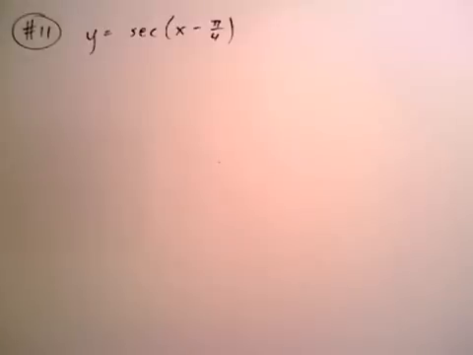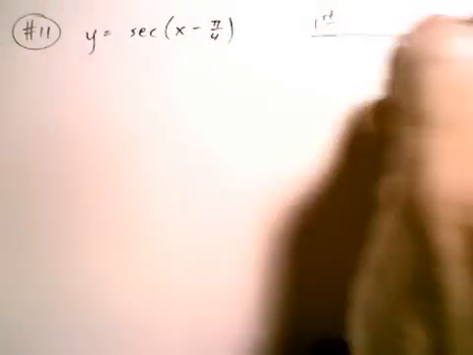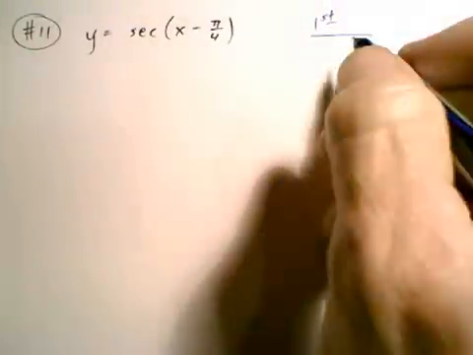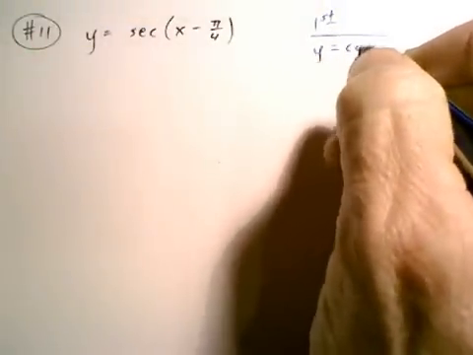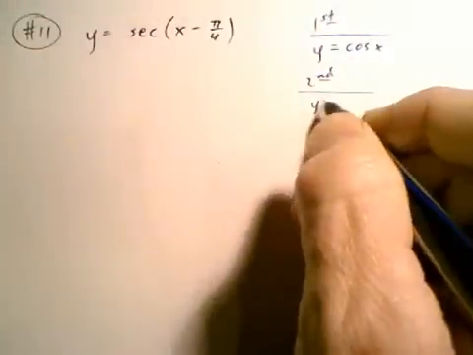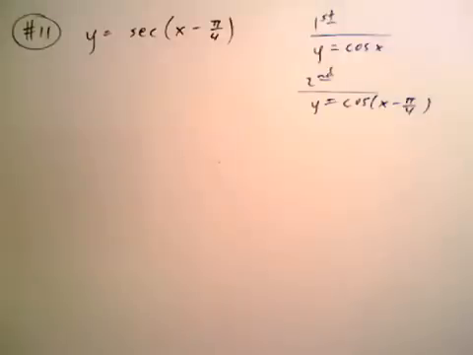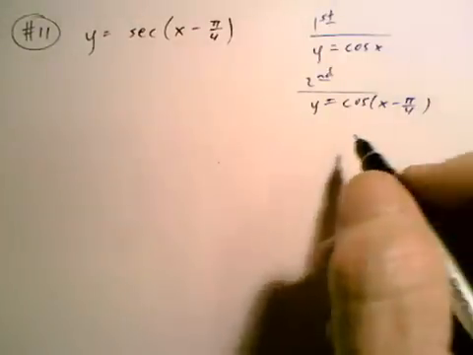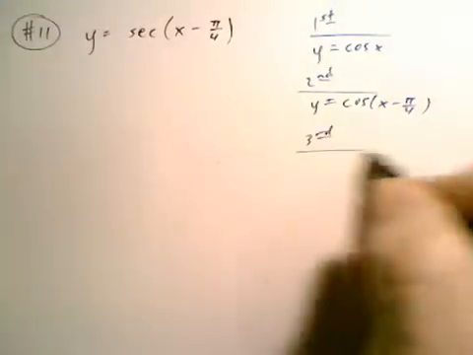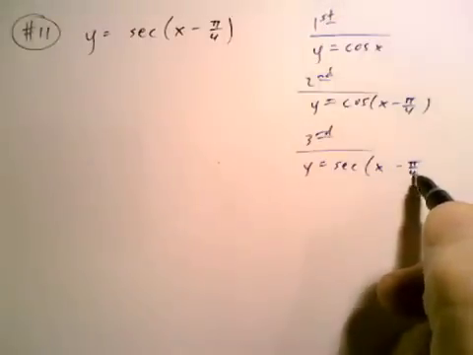Hopefully you guys are figuring out here that this is not really that big of a deal to graph these phase shifts, but I wanted to do a secant one because we know that first, and if you were paying attention in class the other day, we want to graph y equals the cosine of x. Then the second thing we're going to do is graph y equals the cosine with that phase shift in there. We're going to shift the cosine of x pi over 4 radians to the right. And then the third thing is we're going to graph the secant, because we know the secant is 1 over the cosine, and we can just